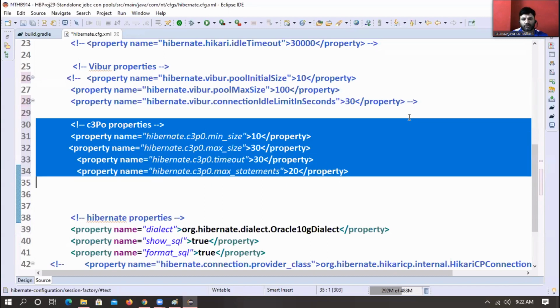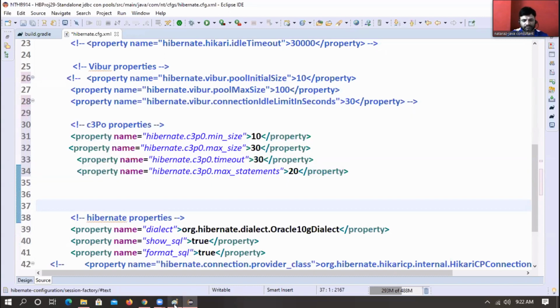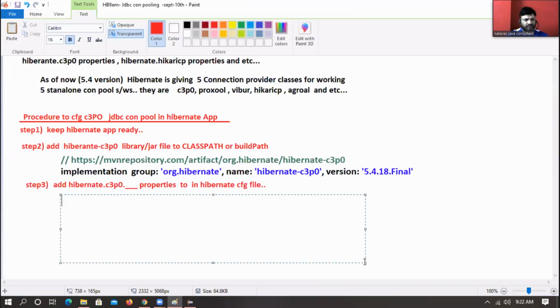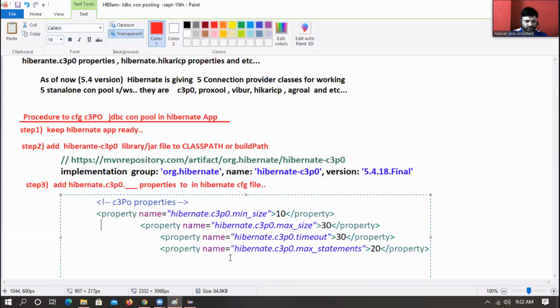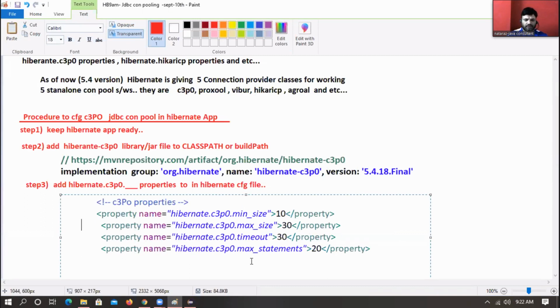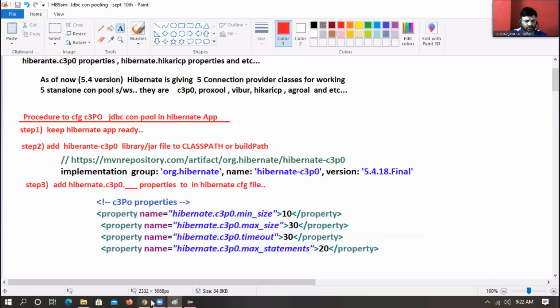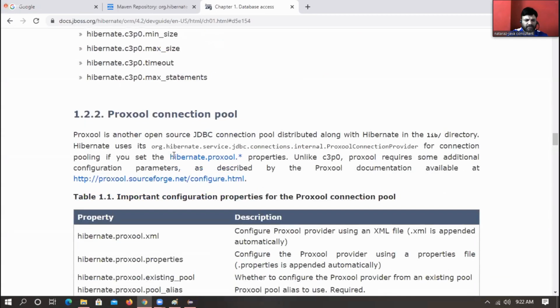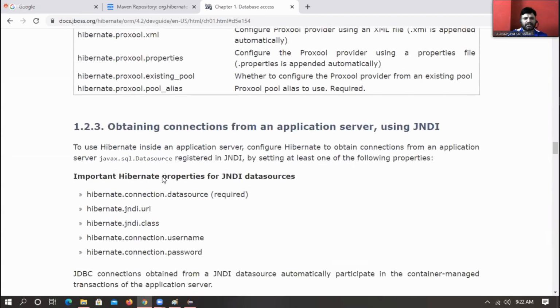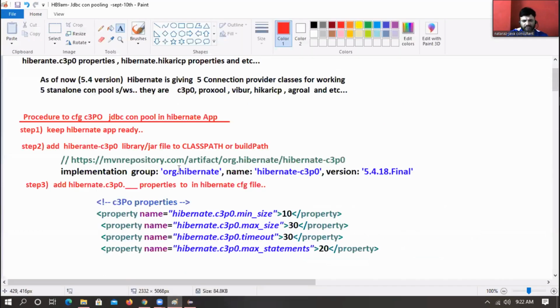Yes, these are the three or four properties, boss. If you miss one or two properties, it's not an issue. Check it out. You can read it. Timeout is there, max size, max statements. Related to Proxool also something is there, right? Okay. Next,